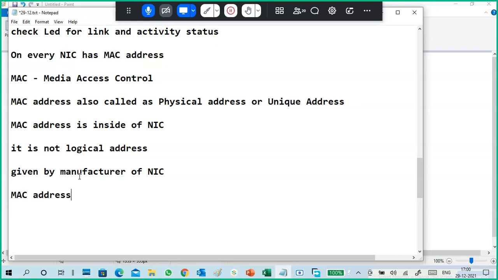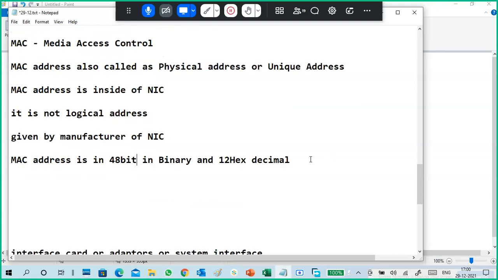MAC address is 48 bits in binary, or 12 hexadecimal digits. 48 bits means always binary. Saying 12 bits hexadecimal won't work, because the term bit comes with binary only. Actually that was nonsense. 48 bits means it's binary.